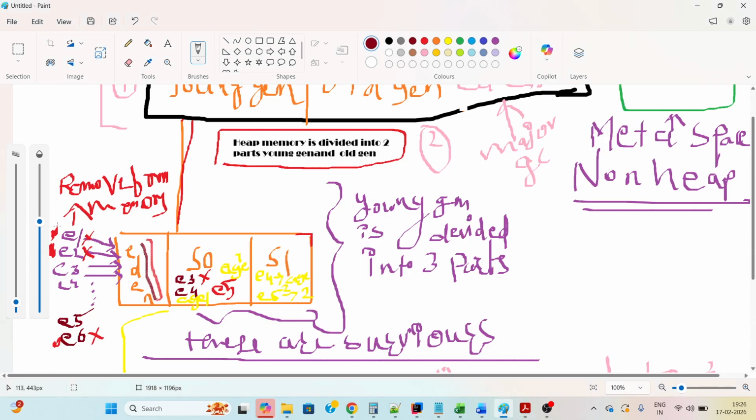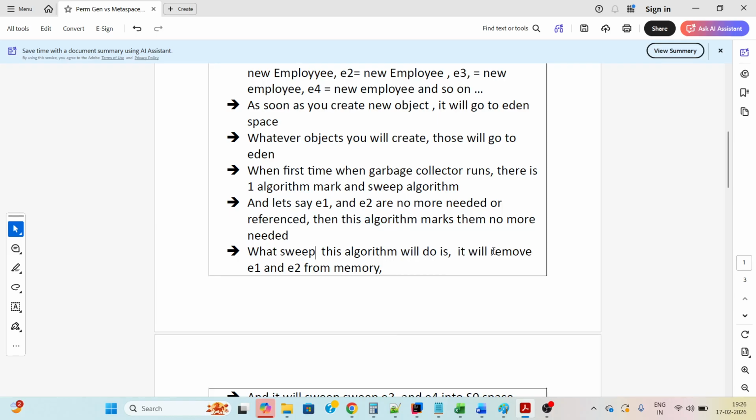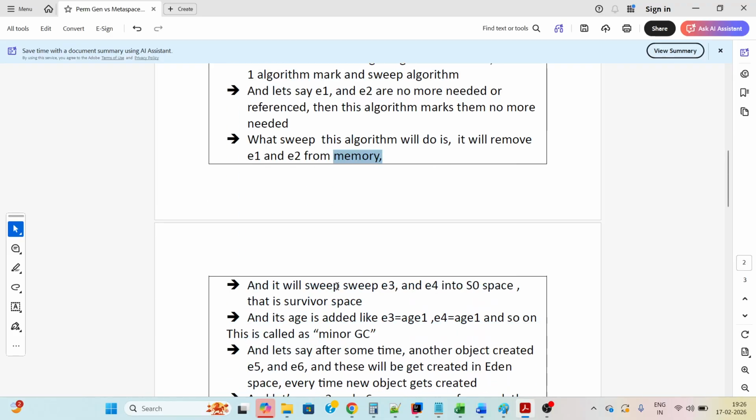If you see this red mark here, we have marked it: E1 is not needed anymore, and E2 is also not needed anymore. So E1 and E2 are eligible for garbage collection. Then it will remove them from memory.